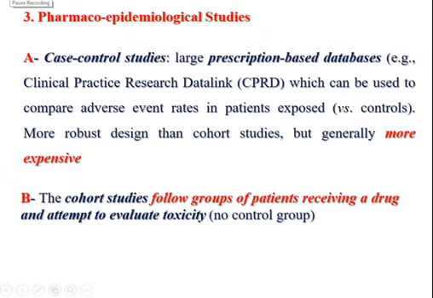As I mentioned early in the lecture, one of the stages where pharmacovigilance data are collected or provided is the performance of pharmacoepidemiological studies, and we should know the nature of these epidemiological studies. We have two types of pharmacoepidemiological studies. Number one, we have what are called the case control studies, which include a